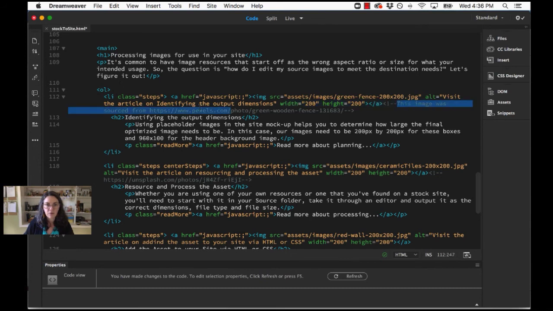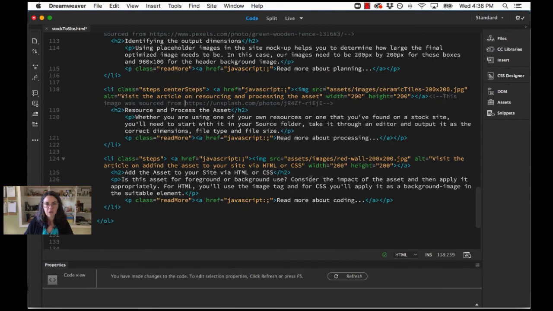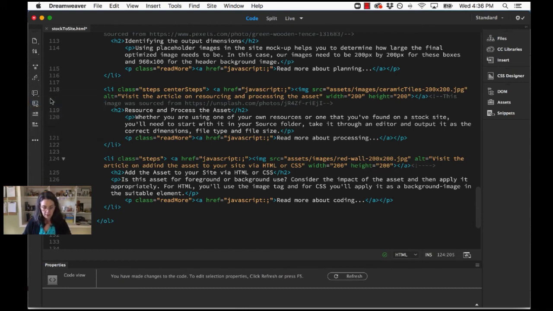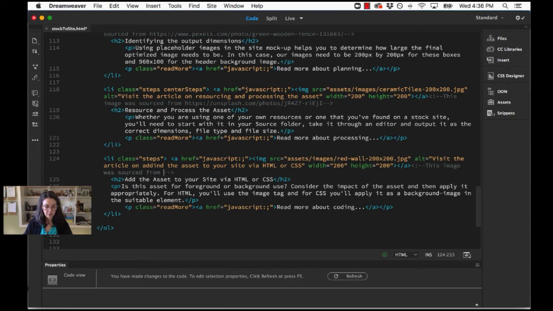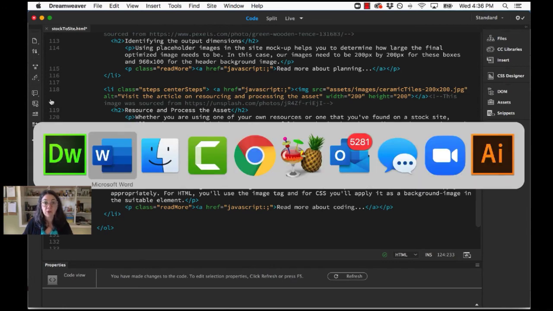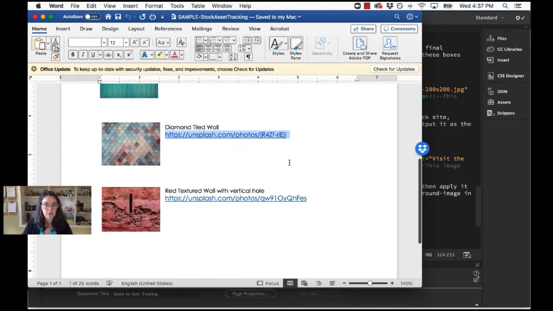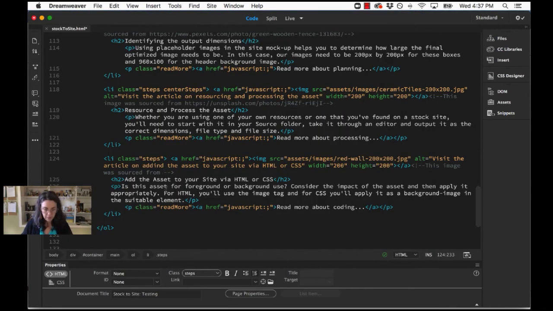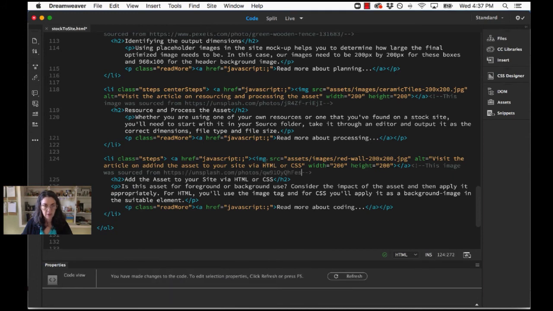I did have this sort of starter text in here, which I'll copy from here and bring back down and add just to make it full. And then to get myself started off for my last image, I will go ahead and create my comment. I'm going to add in that starter text that I already have copied right now, and then I'm going to head back out to Microsoft Word, and I am going to grab the link for the last asset. Okay, I'm going to go ahead and paste that here into my code,